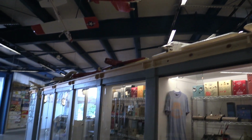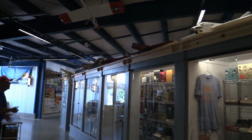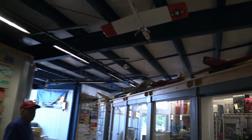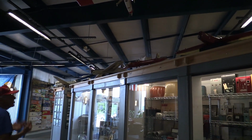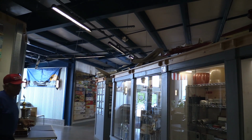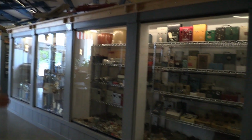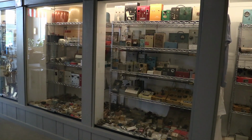And it continues here. You see models that a lot of these we don't even know where they came from. People would come and just leave models at the museum. Here's a model, donated. And as I mentioned before, we did acquire some radio control equipment from the actually pre-war